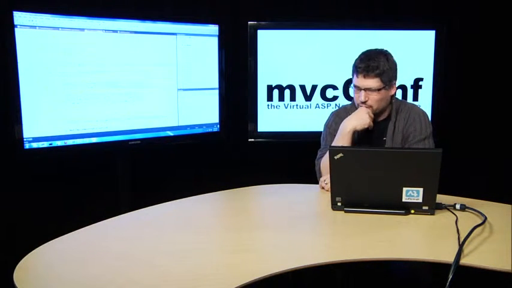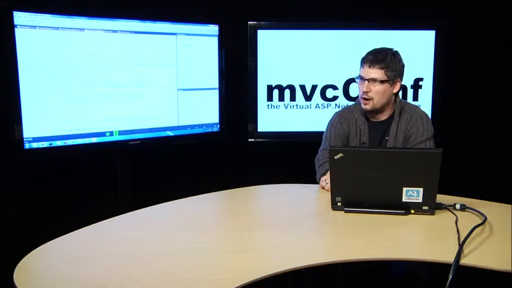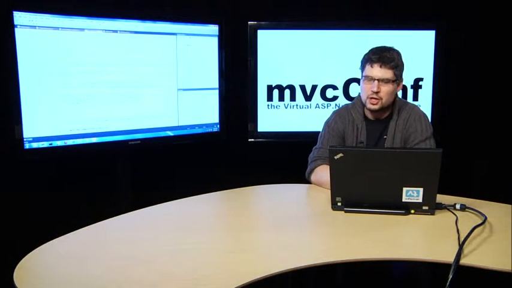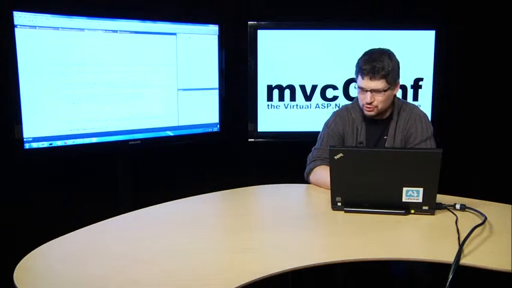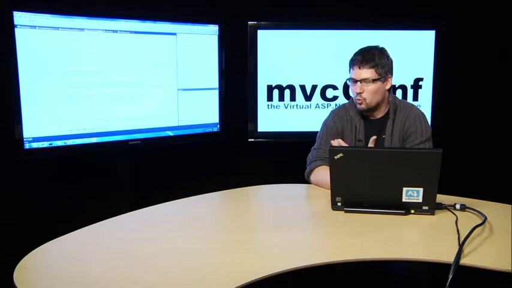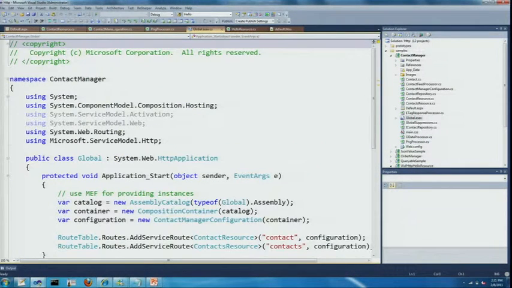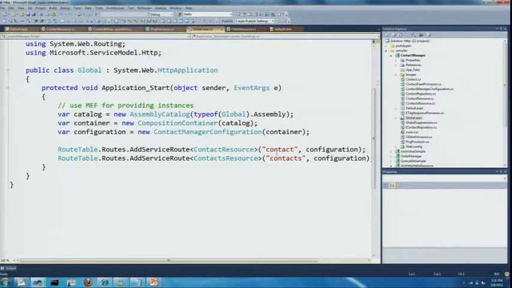The other thing I will say again, though, is if MVC is working for you, then there's no problem using it. We're not trying to force people to say you must go one way or the other. And we are also, as I mentioned with service routes, looking for ways to integrate better so that it doesn't have to be a big noticeable choice. I mean, it's there for you wherever you are. Just to hone in on the service route thing, which I mentioned, you can see here that my contacts resource and my contact resource are actually both being registered in my routes. So that is what's called a service route. This is a new extension method.